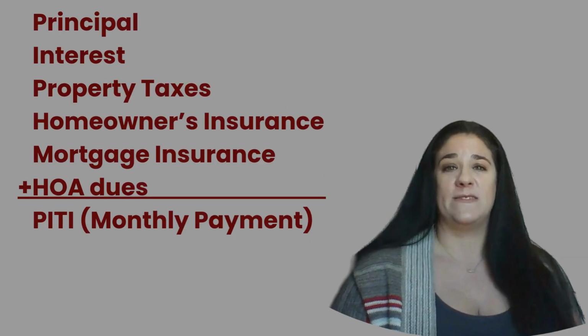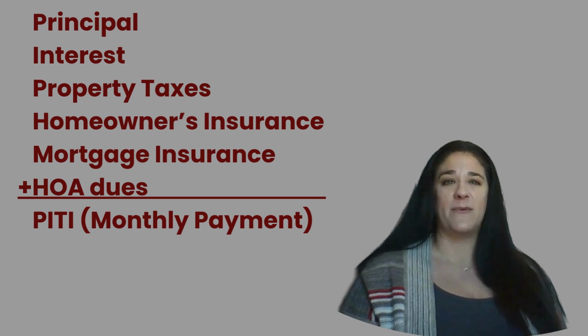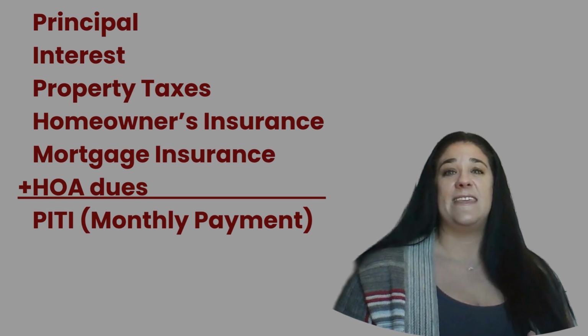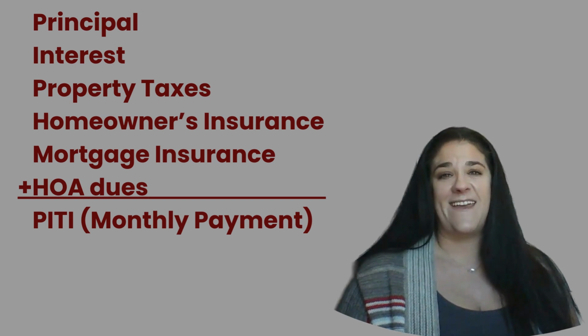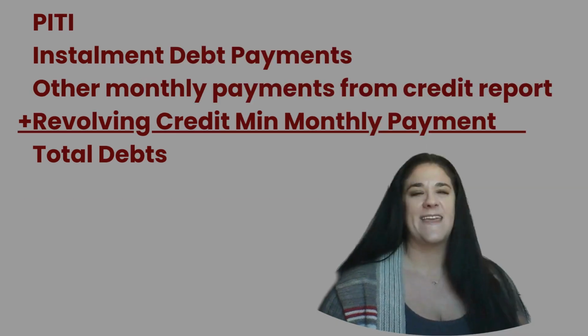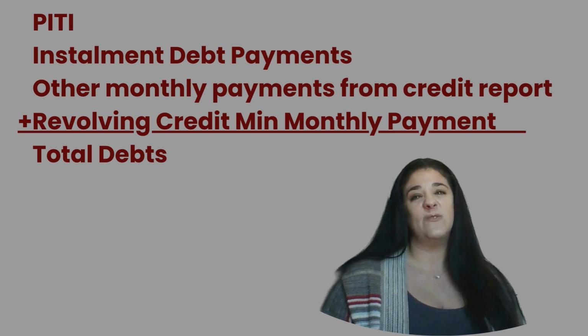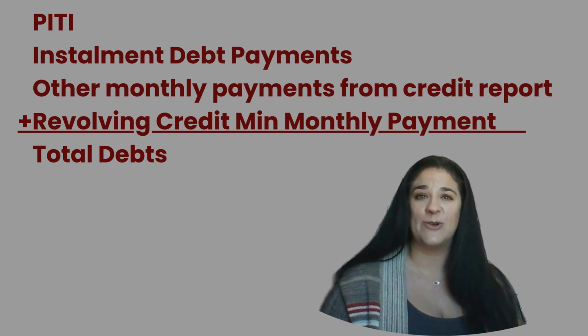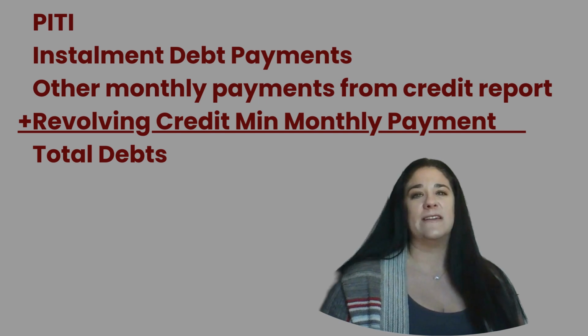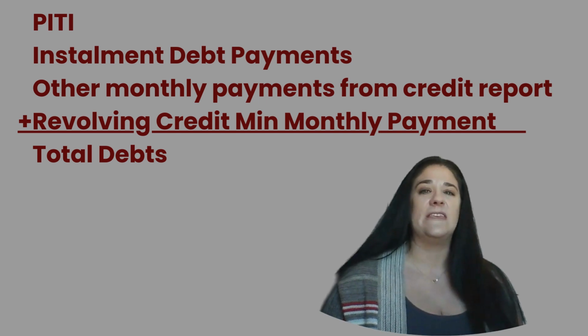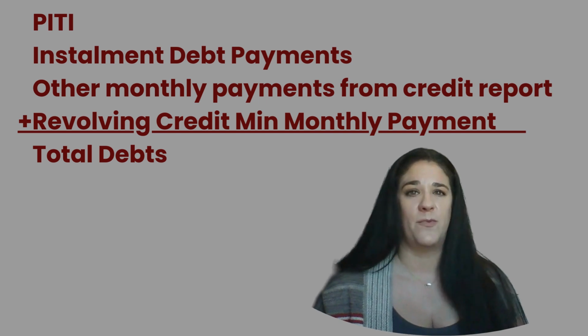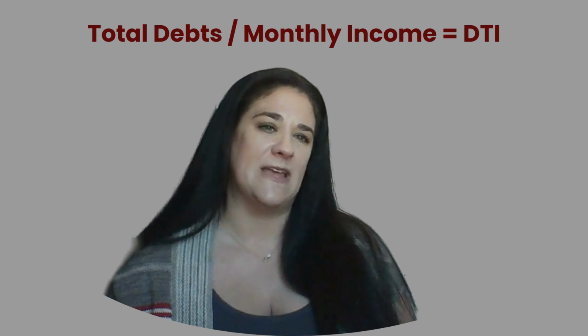No. So the ones that we put into your debt to income ratio is the new housing payment, and that's the principal and interest, the property taxes, the homeowner's insurance, the mortgage insurance if there is any, and the HOA if there is one. And then we add that to all of the rest of your debts. So if you have a car payment, if you have student loan payments, the minimum monthly payments on your credit cards, or any other installment loans, lines of credit, anything that you have that's going to show up on your credit report. So we add up all of those monthly debts, and then we divide it by your monthly qualifying